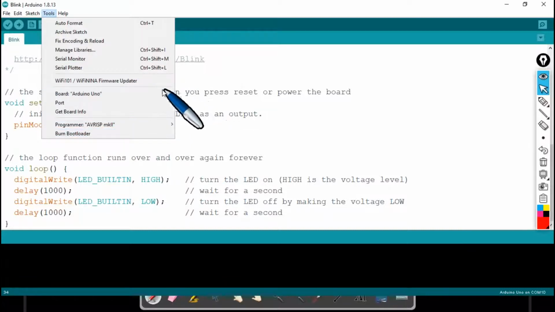The board selected is Arduino Uno, and under Ports, you can see that we have intentionally changed our COM port to COM 2, and within the brackets it has written Arduino Uno. So that's the other way by which we can confirm that COM port 2 has been allotted for Arduino Uno communication. And I got to select this.